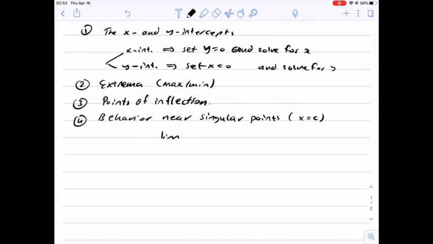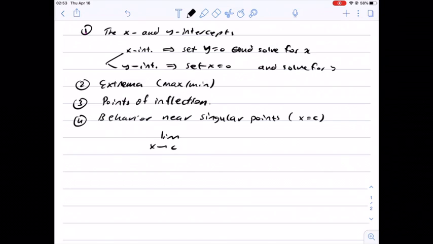If the singular point is x equals c, we can't determine the value of the function at that point, because the derivative at the singular point does not exist. In order to graph that function, or to know its behavior around the singular values,